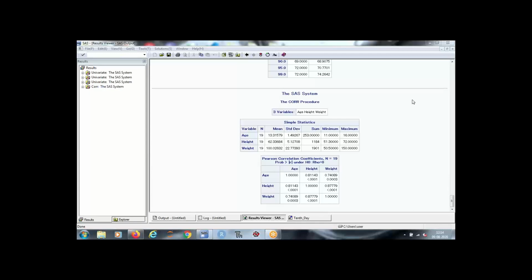Okay. And how do we calculate this? How do we calculate this and how do we measure this?